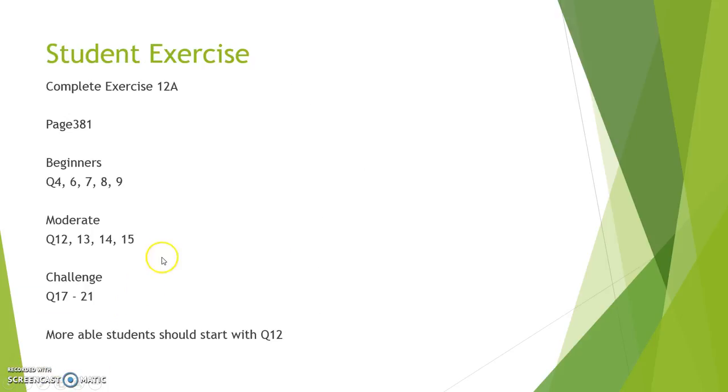So there's a variety of questions you can practice on here. They're all in exercise 12a. The easier questions are in question 4 through to 9. Moderate questions where we start mixing in some compound shapes start at question 12. And questions 17 to 21 are more challenging. They're our big word problems. You may not find them difficult. Some of you might find them a bit hard to get your head around. That's okay. How do we get better at these? We practice. If you've got a fairly good grasp of perimeter, you should be starting at question 12. So that concludes